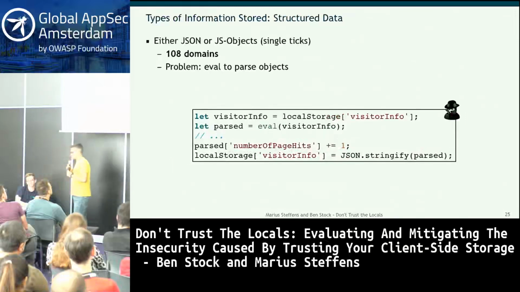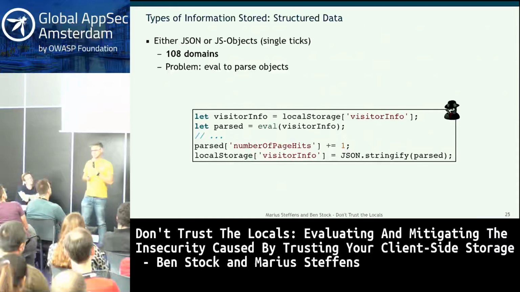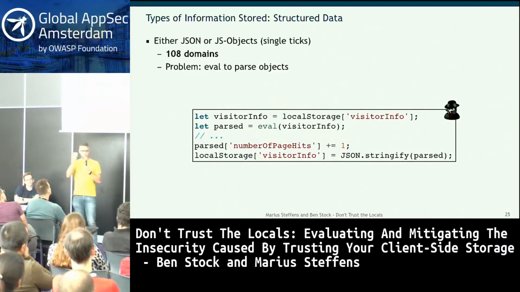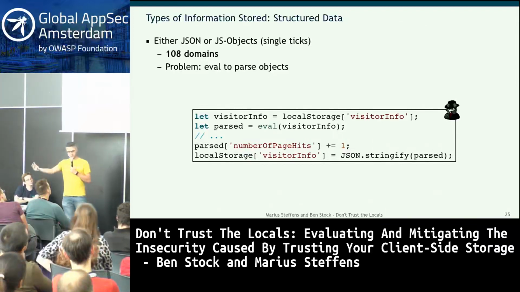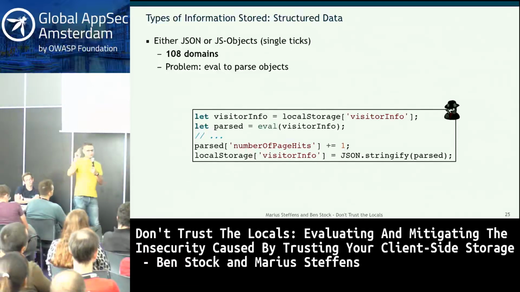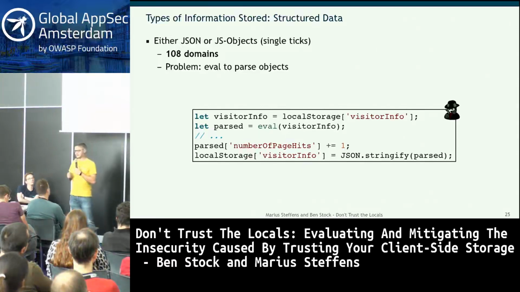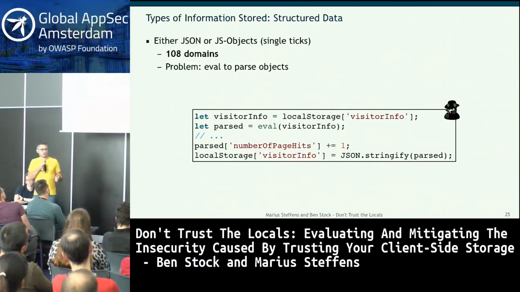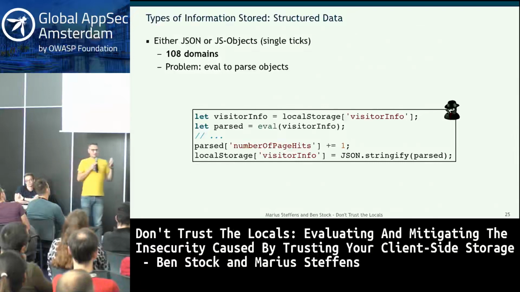All right, so the second thing that we saw a lot is JSON or JavaScript-like objects. I'm sure that you all know that eval is a really bad idea, security-wise. Functionality-wise, eval is great. If you stick a well-formatted JSON into eval, you'll get the proper object out of it. If you take something that closely resembles JSON, but doesn't use double quotes, but single quotes for delimiting, that is technically not valid JSON, so you need to have double quotes. And JSON.parse will tell you, no, this is not JSON. So if you have, for example, a server-side framework that initially generates this JSON with single quotes, then JSON.parse will not work.